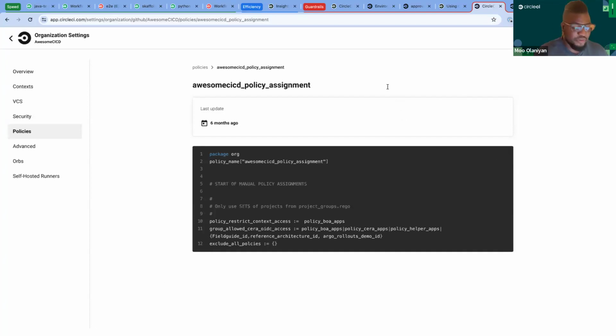So you can see this is an example of a policy here, and they're created using Rego, which is a very popular query language and built on Open Policy Agent. Config as code, like we always love to do. And these tools are typically handled by DevOps, platform, or DevSecOps teams. So there shouldn't be a learning curve. It should be pretty easy to hit the ground running, which is really nice here.